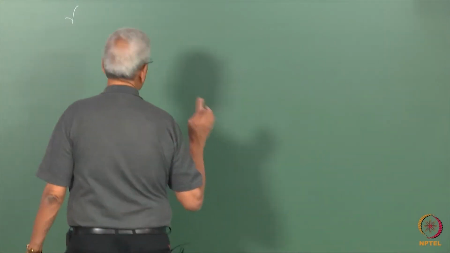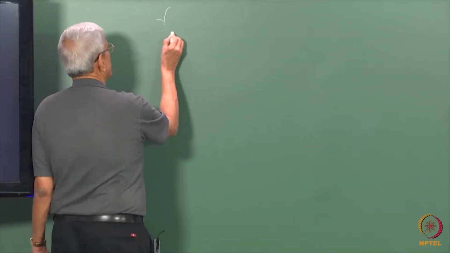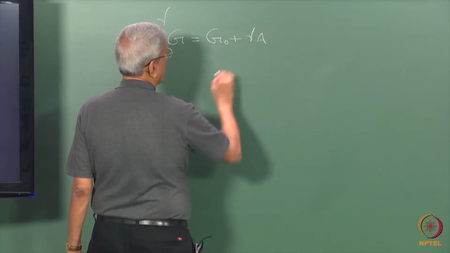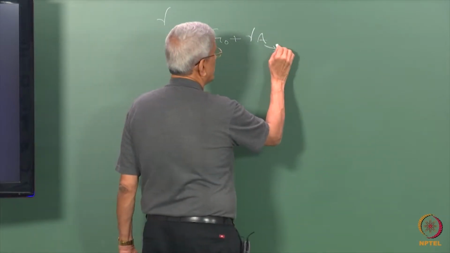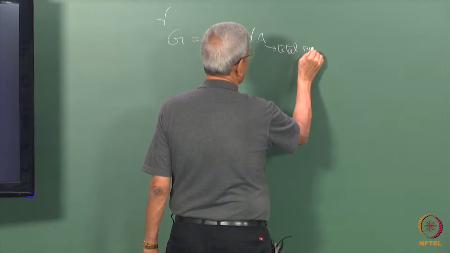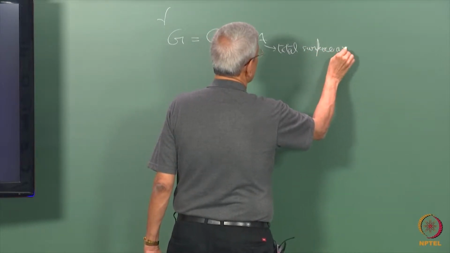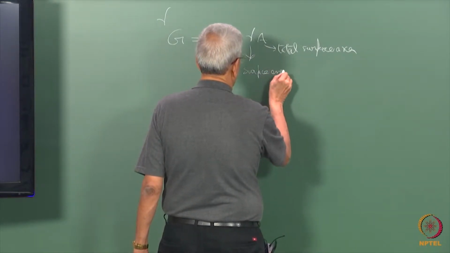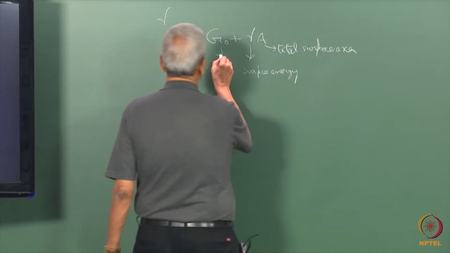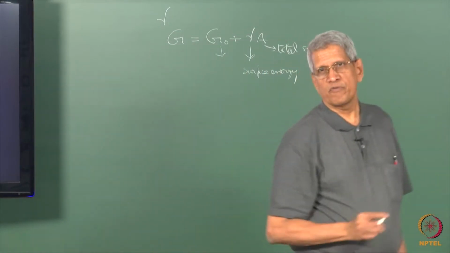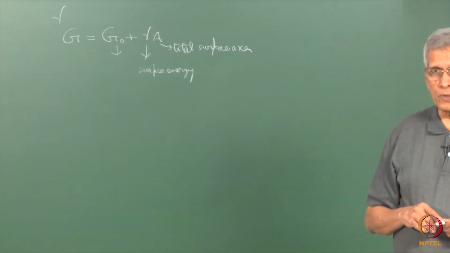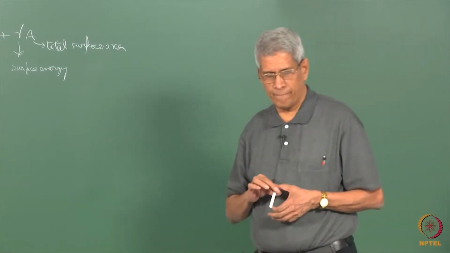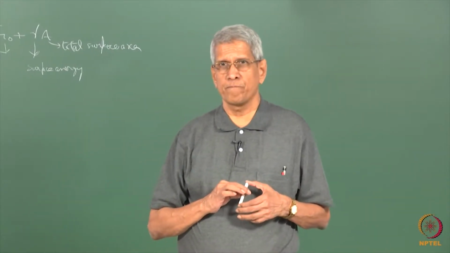So what will be the free energy of that sample if we consider? The total free energy depends upon G0 plus gamma into A. A is the total surface area, gamma is the surface energy, and G0 is the bulk chemical free energy. If you look at this expression,